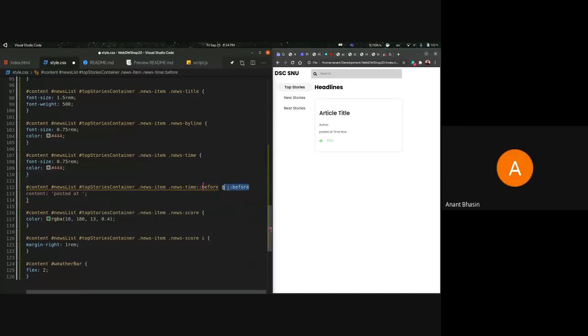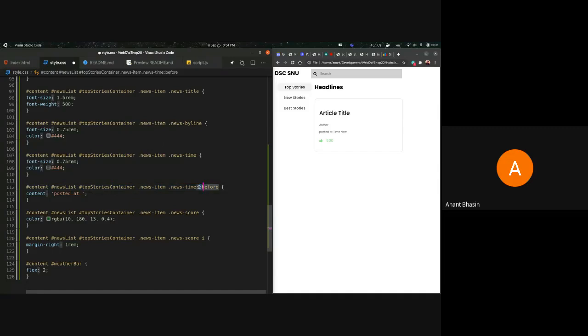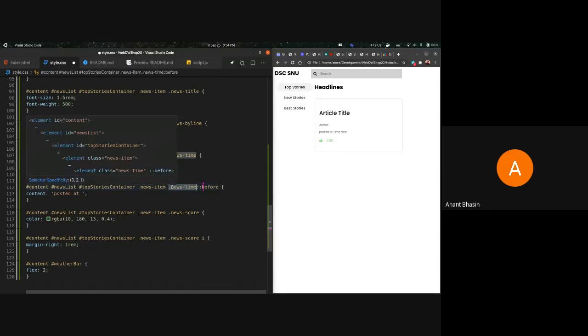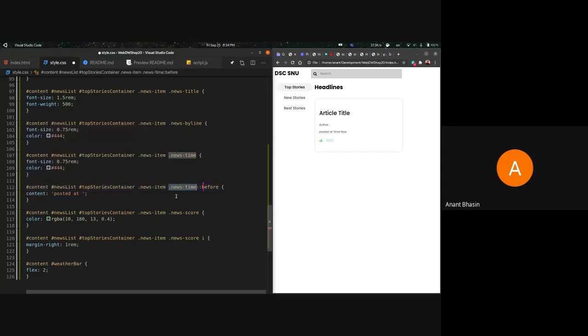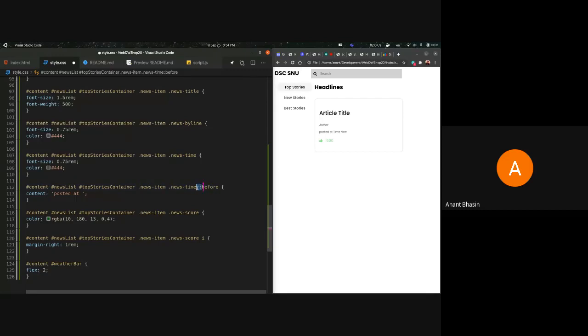Just a very small clarification. As a general rule of thumb and what the standard is, the single colon ones help you select an element of this type, whatever the selector is. So you can modify the news time and say that you want to style the news time when it is hovered. So you add the single colon and hover. With the two colons, you're doing something completely different: you're styling another component. You're not actually styling this component over here. So now let's move forward.